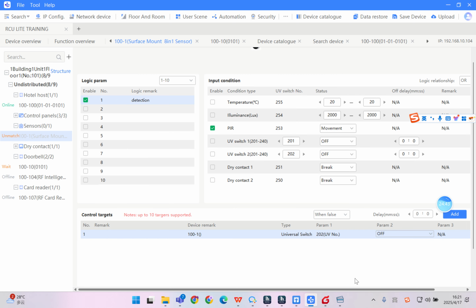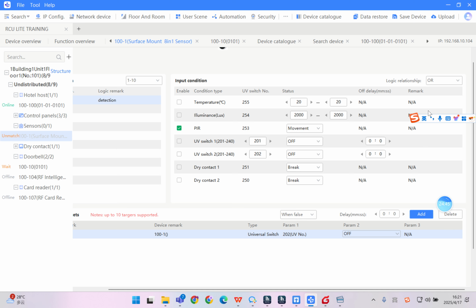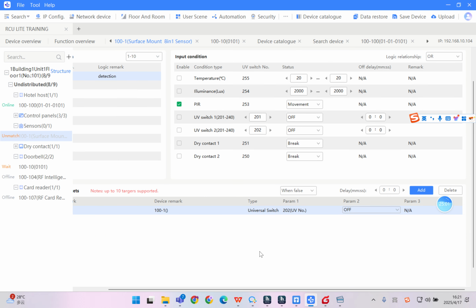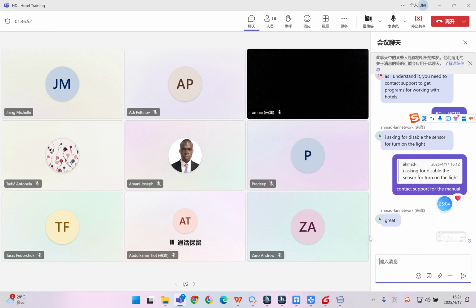Then finish the programming. So this is for if you are using our protocol sensor, the bus pro sensor. It's fixed to be 202. The model number is fixed to be 202, and then finish the programming. And if you want to test, I can give you the project file to test. So that's the programming. And after this, you can open the door, and when it detects your presence, it will trigger